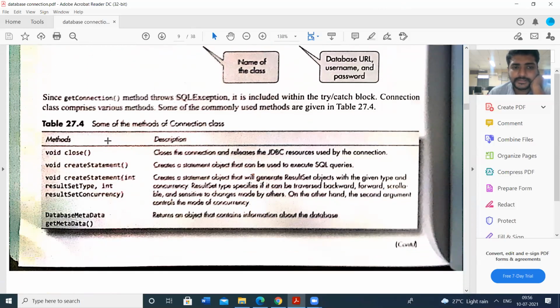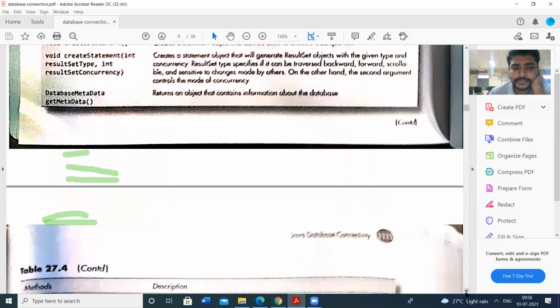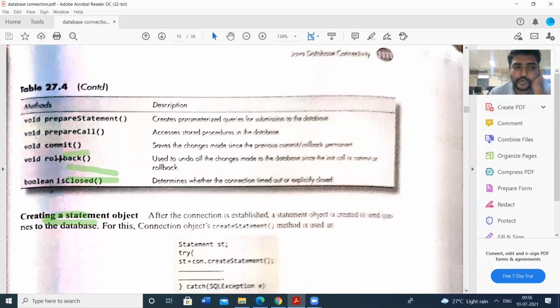These are some methods of the Connection class, which has many methods: the close method, createStatement method, and getMetaData method for database metadata. We also have rollback and commit for transactions. To achieve transactions, we use commit and rollback. Those methods are also available in the Connection class.